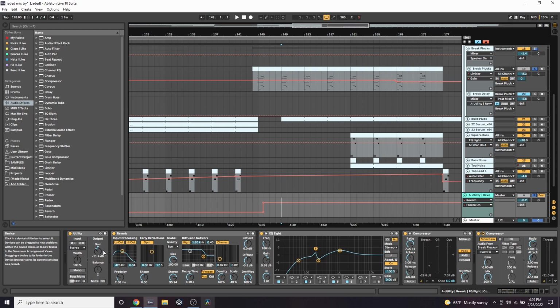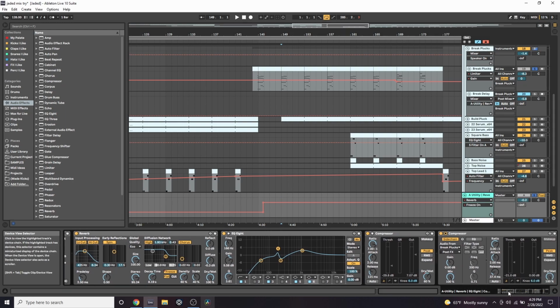This utility, I turned it down as well because this one especially will just build and build and build, and then you'll get some real intense clipping over time. So I wanted the signal to start a little bit lower. And then this EQ is just to get the right tonality of it. It was pretty hard to get the exact sound that deadmau5 had, but this EQ right here, I found gave me the closest tonality. So if I turn this on right here with this first pluck section,